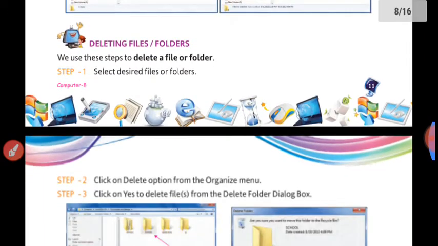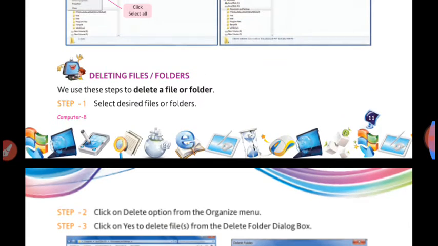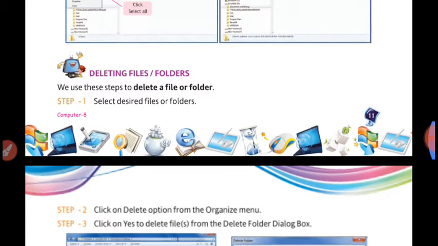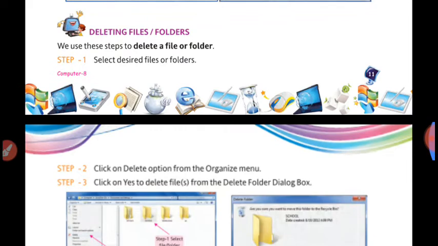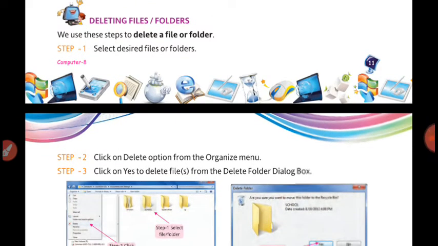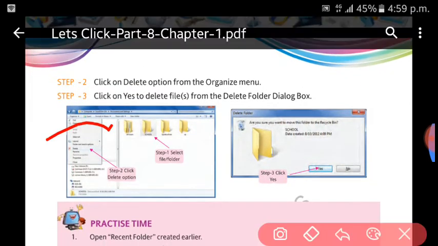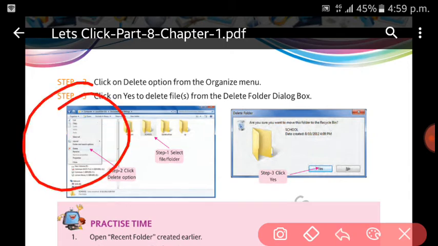Next is deleting files and folders. So how to delete? Remember, whatever file or folder you would like to delete, first you will have to select it. Then you will have to choose the delete option from the organize menu, which is on the menu control bar.